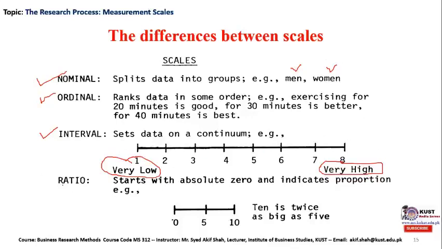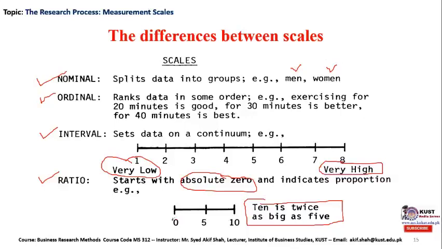And finally, we had ratio scales, which start with an absolute 0 and indicate proportions, for example 0, 5 and 10. So we can infer on the basis of the ratio scale that 10 is twice as big as 5 is. Similarly, 5 can be compared with 0, that 5 is at a distance of